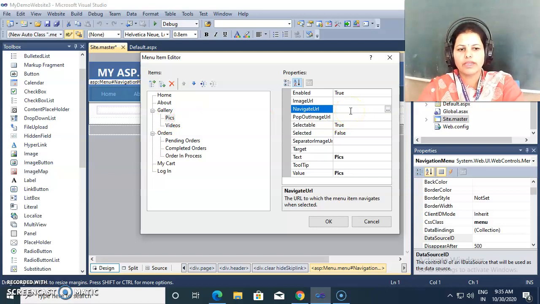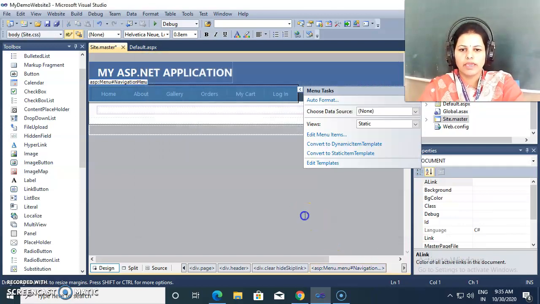But we are not creating pages for all these menus. So first we need to create all such pages individually for pictures, videos, pending orders, completed orders, and then we may link that particular page to this menu by using this navigate URL property.